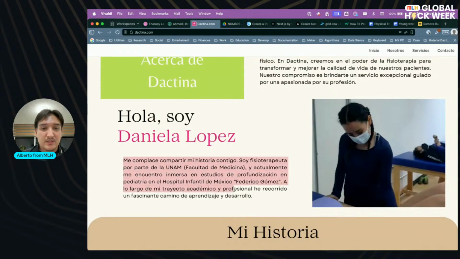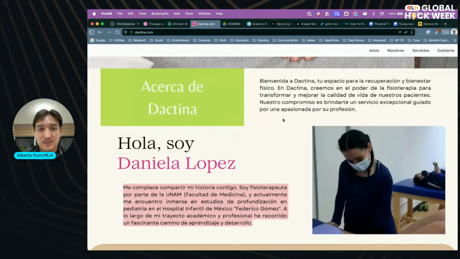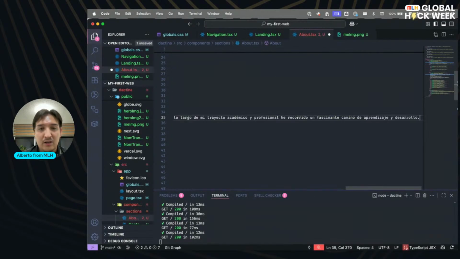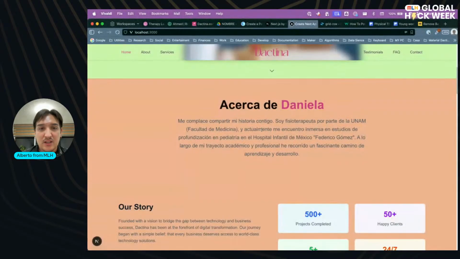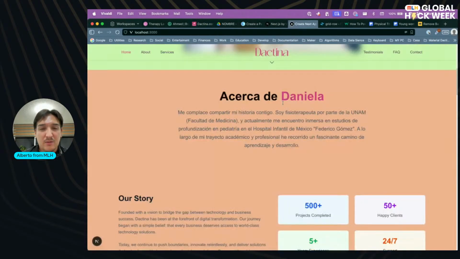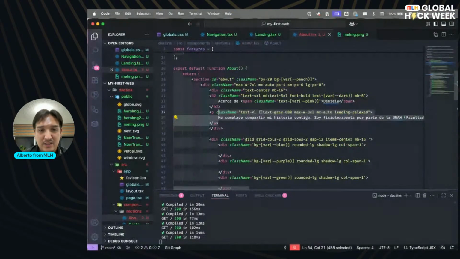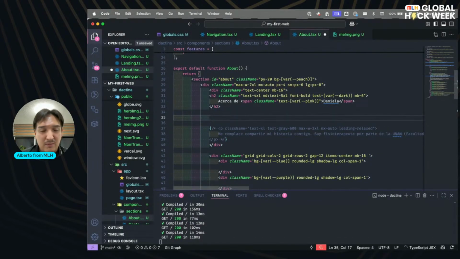I'm going to copy these, paste the word here, check again. Now I like to align it, but even before this, I would like to add the image here.